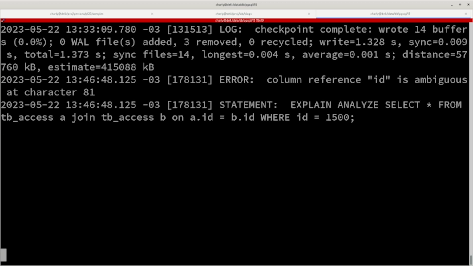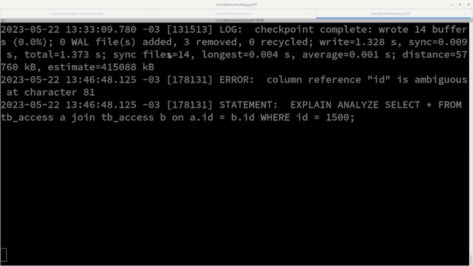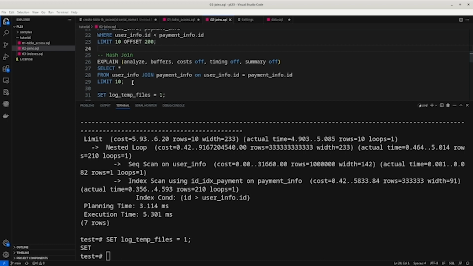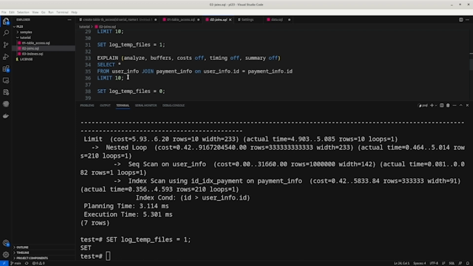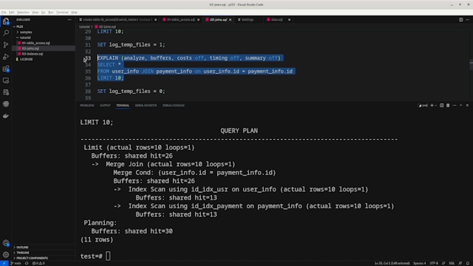So we can just start logging what we do here. And I'm going to just use this example. Let's run my explain. Okay, as we can see here,